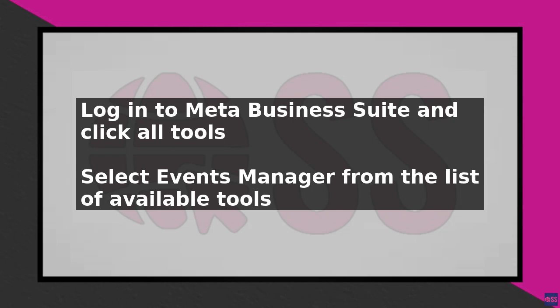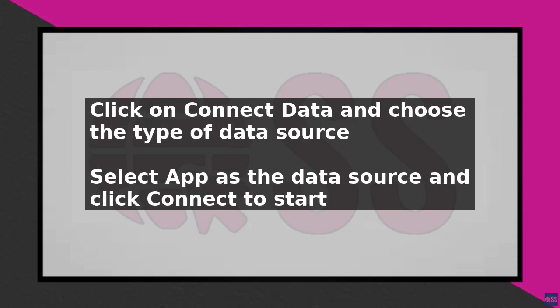For this example, select App. Click Connect to start the process. Then click Get Started. Follow the instructions in the Check Setup App Events section and choose the category that best fits your app. Click Continue to move to the next step, where you will be asked to select the install